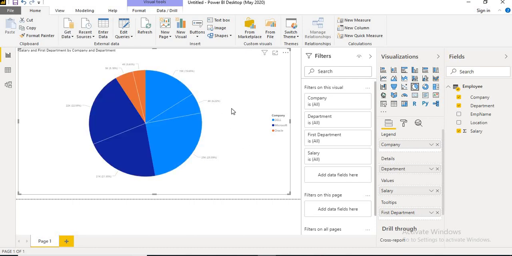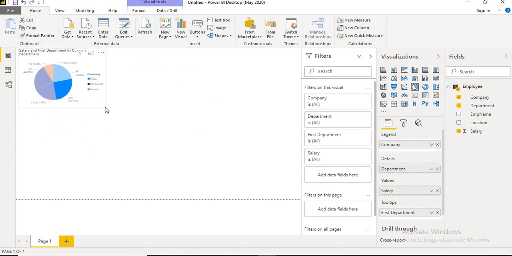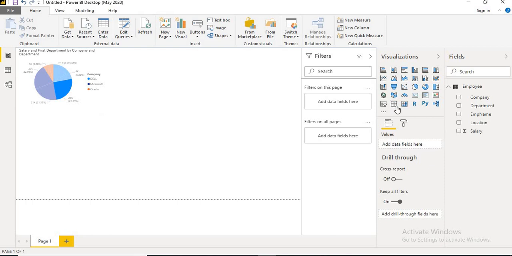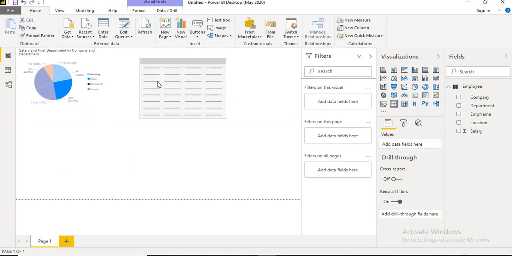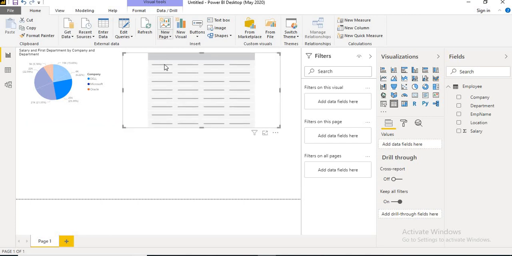Not only this, I can minimize this control, or remove these legends. I have properties to remove the legends, and since I have a tooltip, whenever I hover I can see the data as well. So I can remove it and minimize it, and in this section I can use a table. It's up to me how I represent the data. Let me maximize this.